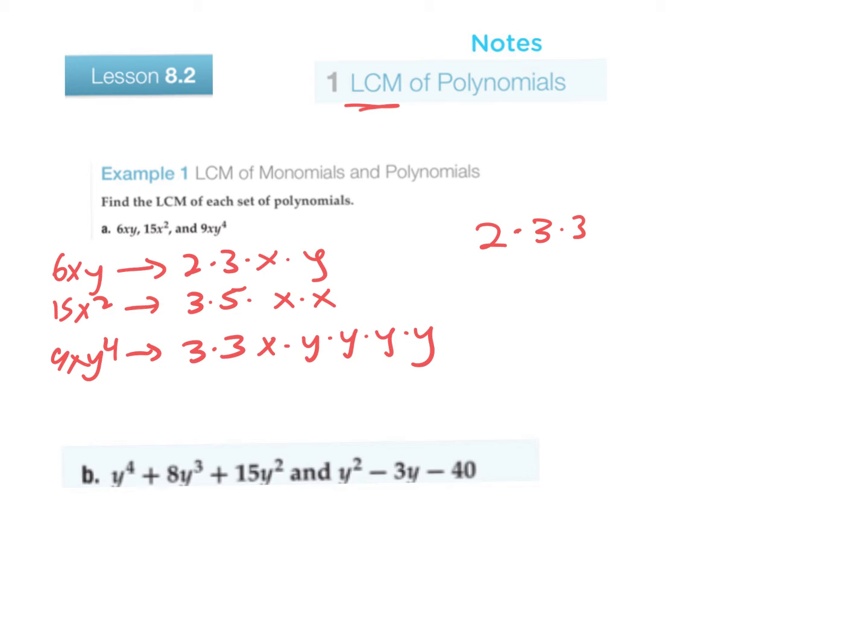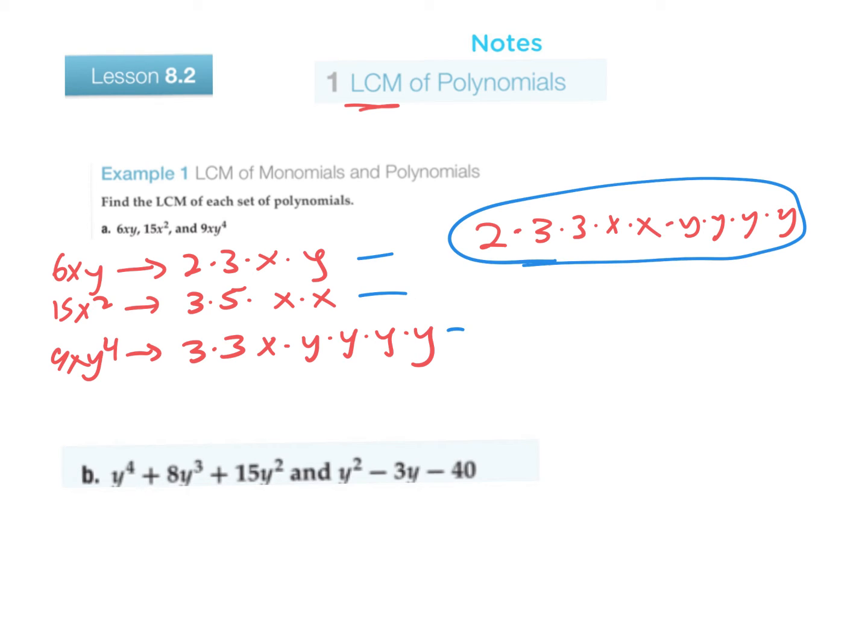Then I look at the x. It's used once in this problem, twice in the second one, and once in the third. So the most is twice, so I have to write it twice. And then the y is used once, none, and 4 times. So the most is 4, so I'm going to write it 4 times. So I'm taking the most out of each of my 3 factors, and then if I put all of this